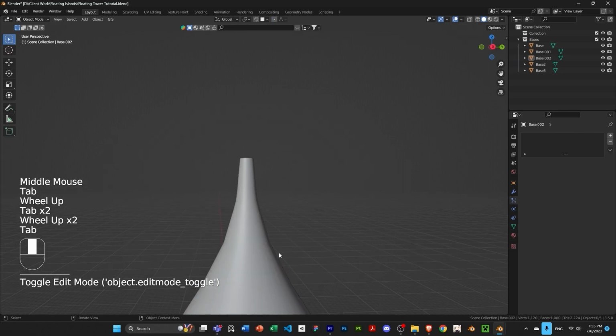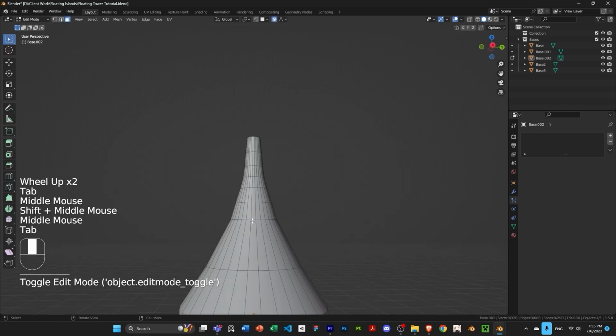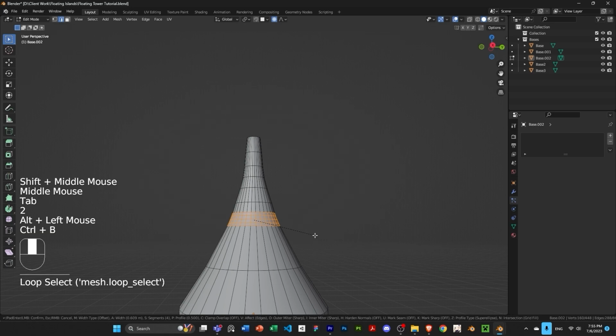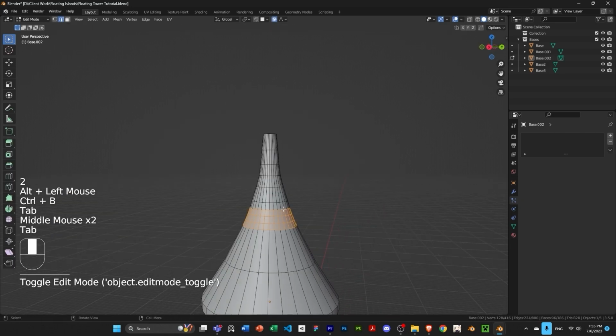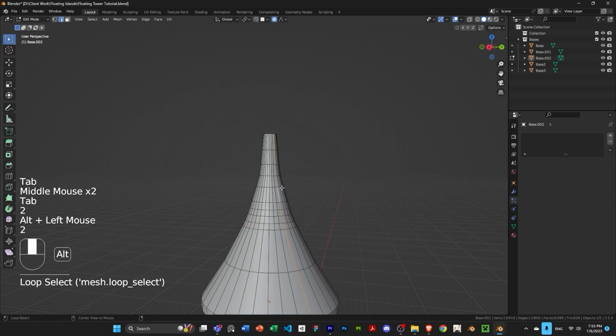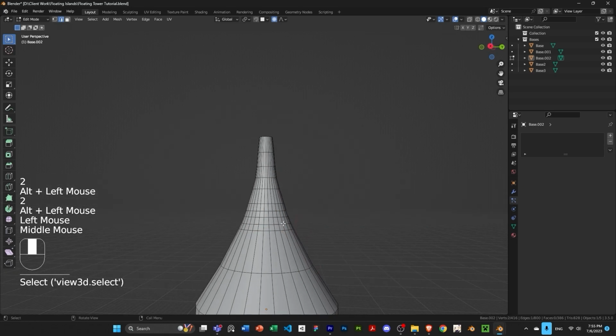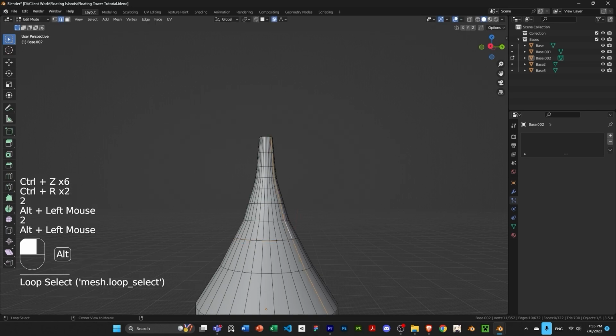If you ever feel like it's too sharp somewhere, for example here it kind of looks sharp, you can always just add a bevel there, some bevels there. So I'm going to add some here, and you can see it kind of smooths it out. And of course you can always manually adjust it, or if you don't like bevels, you can always just use loop cuts instead, which in this case is kind of just the same exact thing as a bevel on one